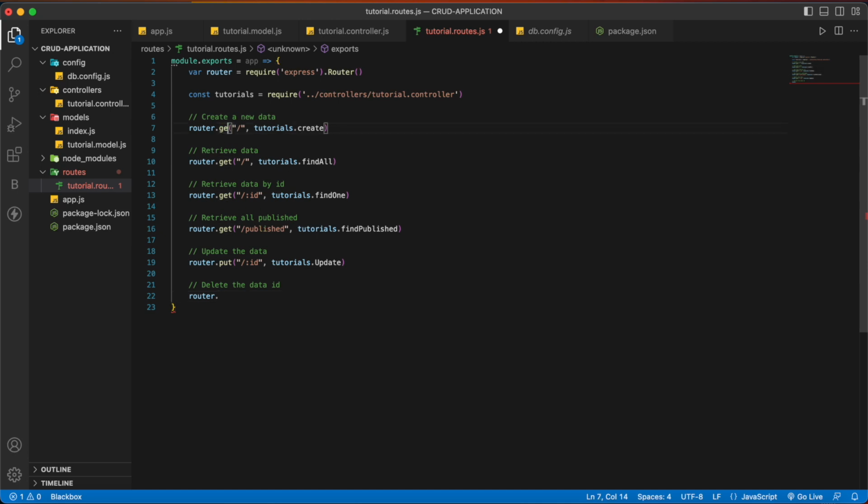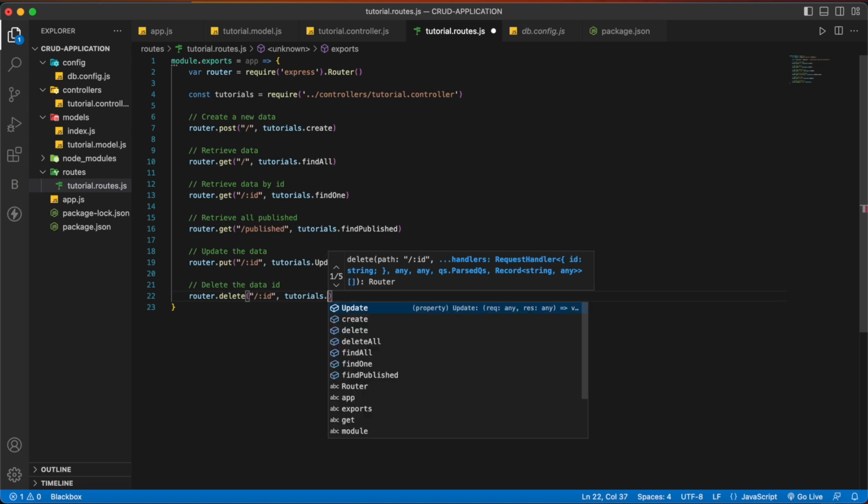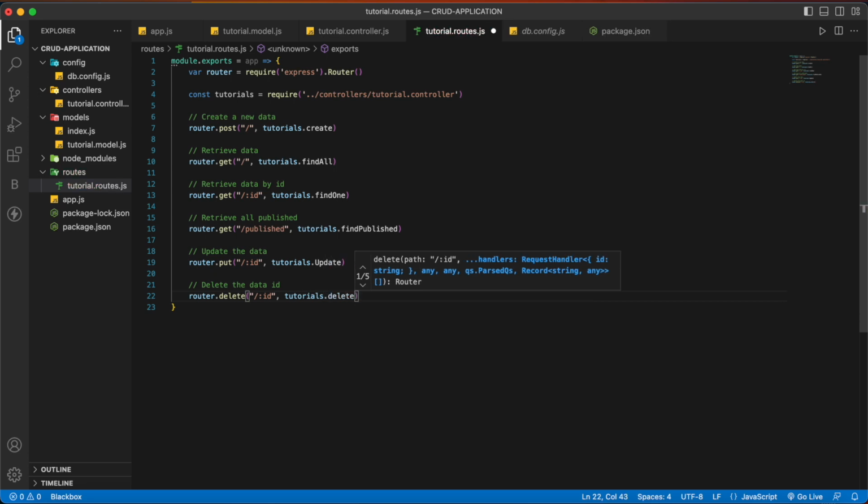Actually this should be delete, so that router.delete, and in this we are going to pass the endpoint which is slash colon id, and we are going to pass the callback function tutorials.delete,